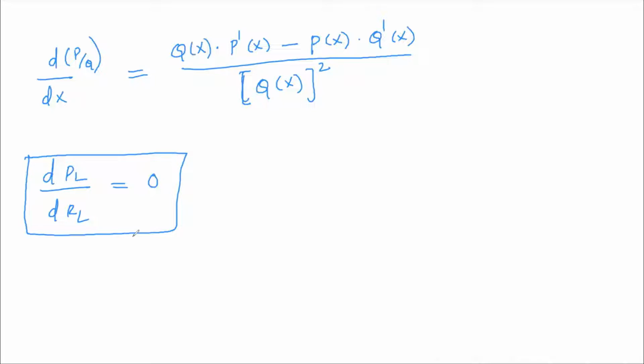So if you equate it to 0, the denominator will become 0. Whatever that gets into the denominator, don't worry, because you are equating to 0. RL square is equal to RT square.